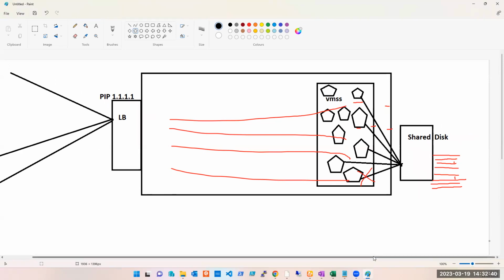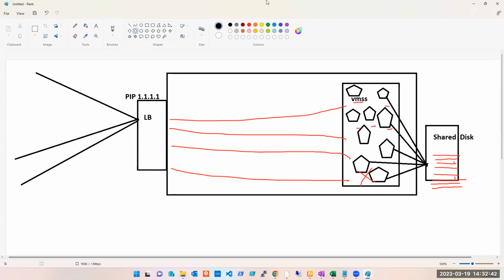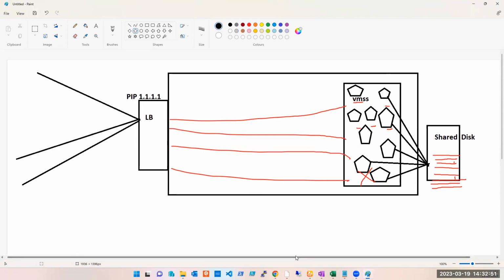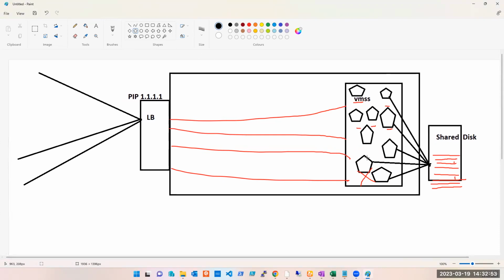Regarding the shared disk, as an Azure admin, do we have to create the shared disk, or is it created by the client's side? No, you will create a shared disk and attach it to a few servers. But the configuration after that they will do: what data will be in the shared disk, how it will be fetched, how it will be attached to these servers, how the website will pull it. You don't have to do that. Attaching a shared disk is as simple as that. It is just like the disk attach you did.